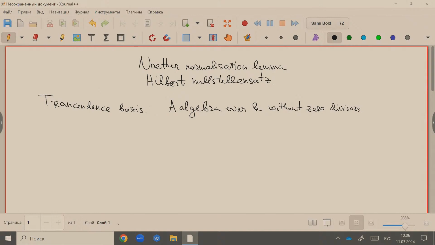Of course, commutative here. We shall say that elements of the algebra are algebraically dependent